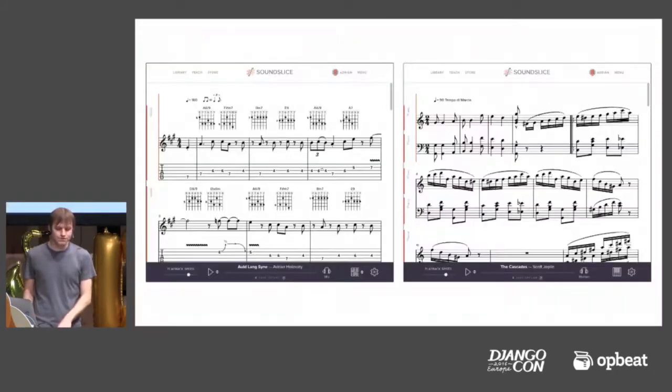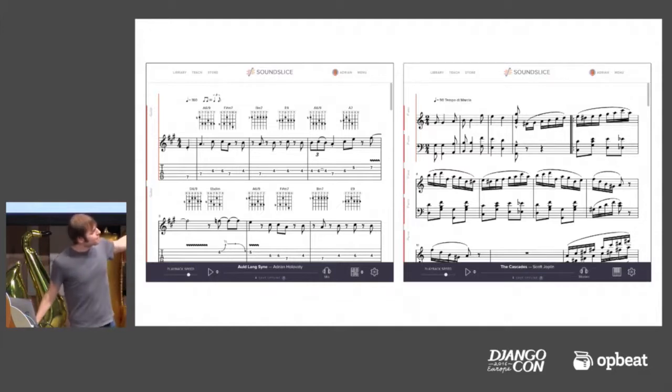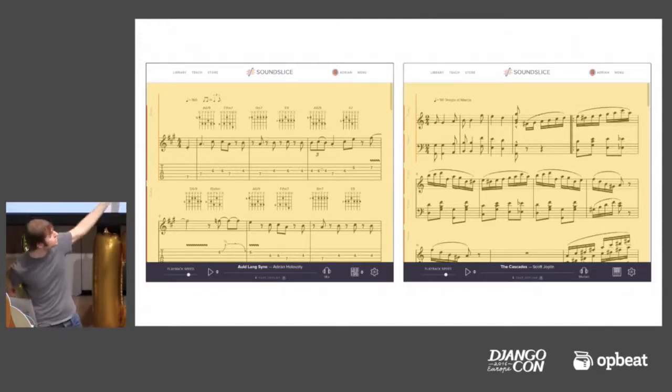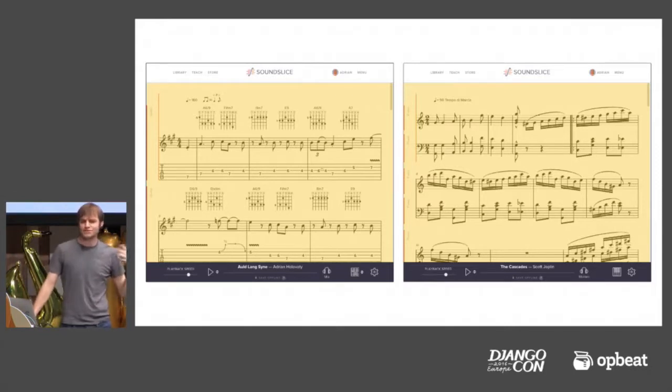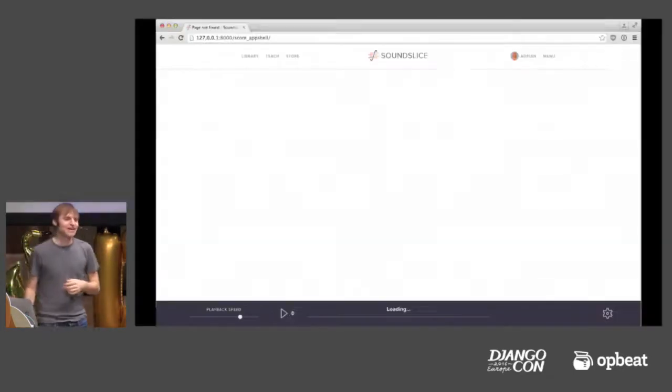But if you look at these two SoundSlice pages, you realize that although the content area is different, the wrapper of the page is the same. So the stuff in the ugly yellow is different, but the navigation and the player and all that stuff is the same. So really, should we be caching that with every single request? And the answer, of course, is no. What we want to cache is,